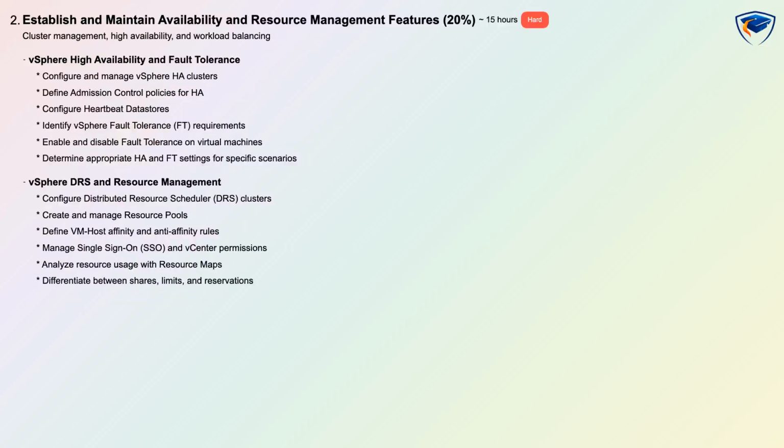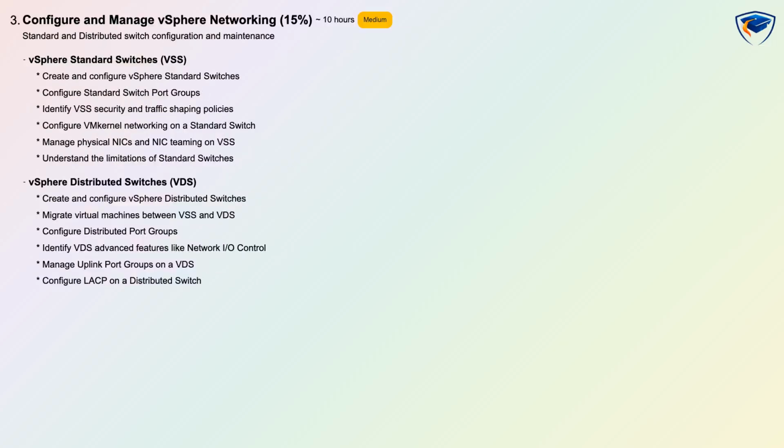In this domain, you will also learn how to compare and contrast vCenter Server Appliance and Windows-based vCenter, identify vSphere integration with other VMware products, perform a clean installation of ESXi hosts, deploy the vCenter Server Appliance, and configure vCenter Server inventory and hierarchy. The second domain, Establish and Maintain Availability and Resource Management Features, accounts for 20% of the